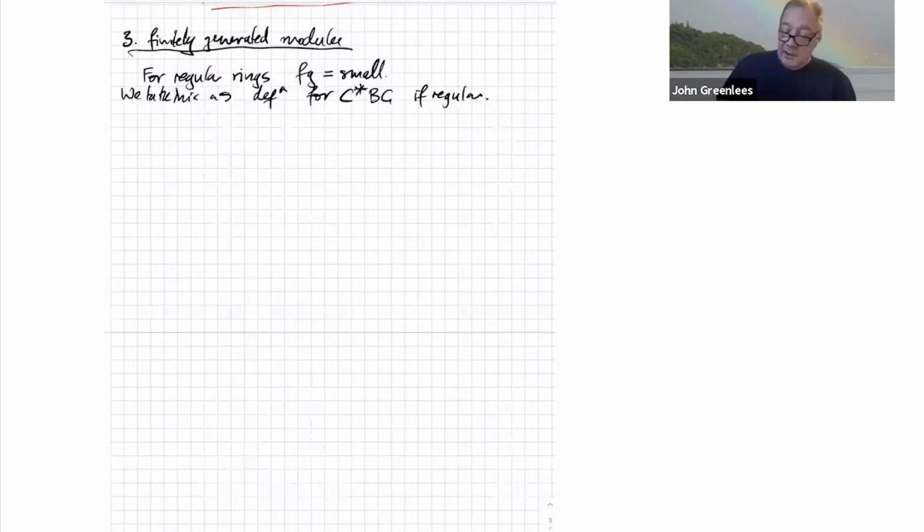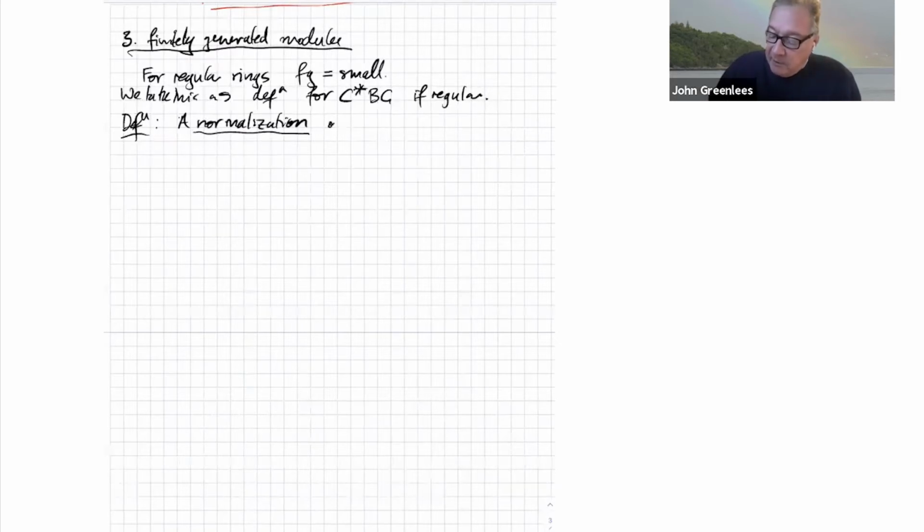So what are we going to do in general? We're going to compare it to this. So we have to, for an arbitrary G, a normalization. So what am I doing here? I'm remembering the Noether normalization theorem, which says that under some minimal hypotheses, any commutative Noetherian ring is finitely generated as a module over a polynomial subring. So a normalization of cochains BG